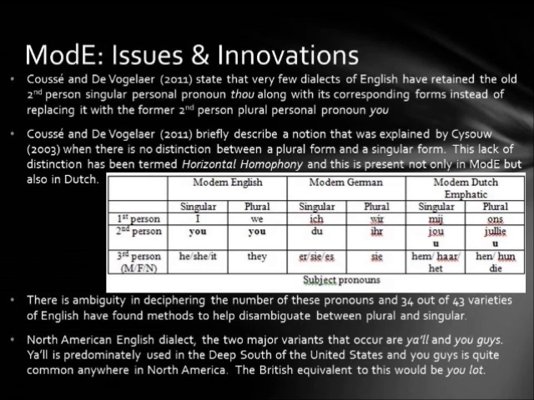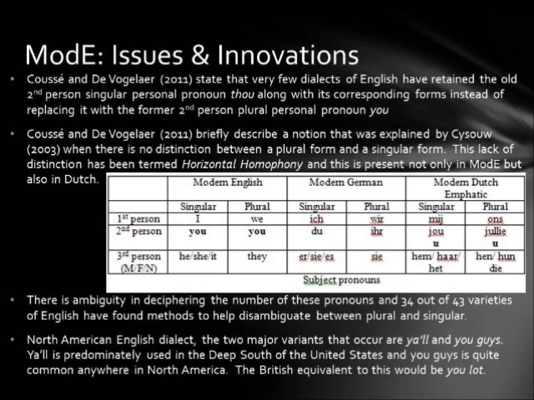So if we look a little bit closer to home with North American English dialects, there are two major variants that occur, and the first major variant is y'all, and the second one is you guys. So y'all is predominantly used in the deep south of the United States, and you guys is quite common anywhere in North America. And if we want to use a British equivalent, the British equivalent to this would be you